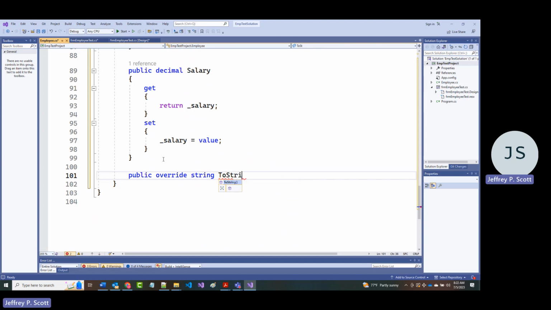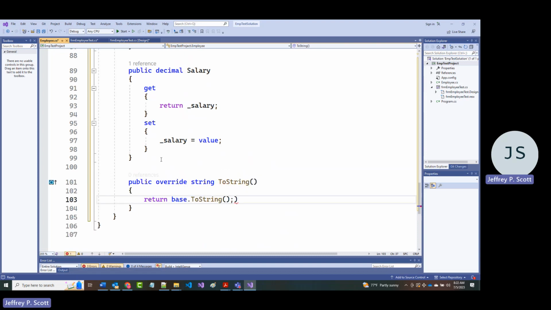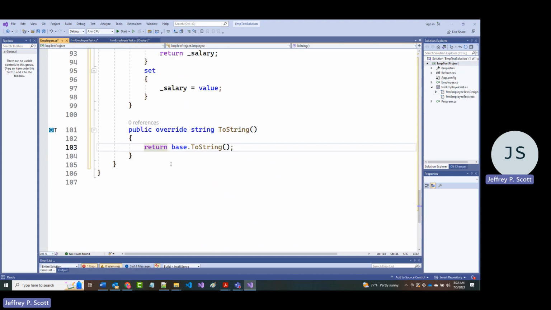Now, for some goofy reason, when you do this, it gives you this. I don't think I've ever used this return base dot ToString, but it's fine. So what we'll want to do is return something, yes, but we'll want to return a bunch of junk. And I'm going to put in here ID plus employee dot